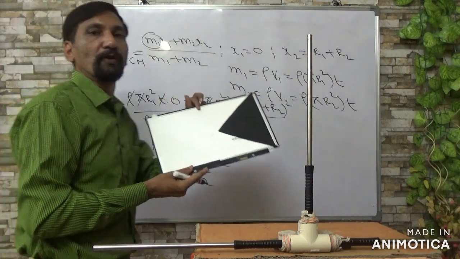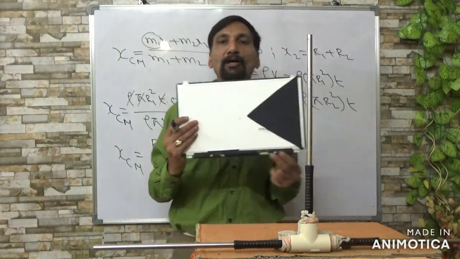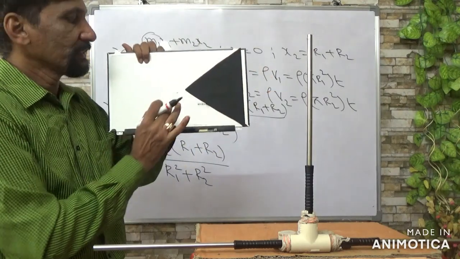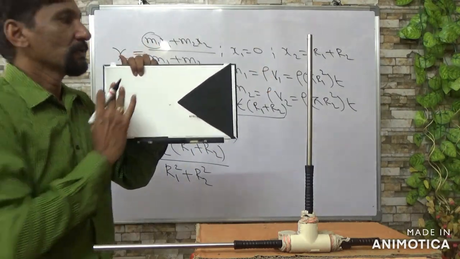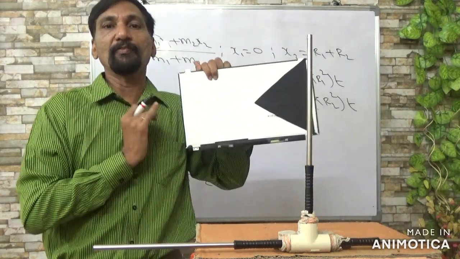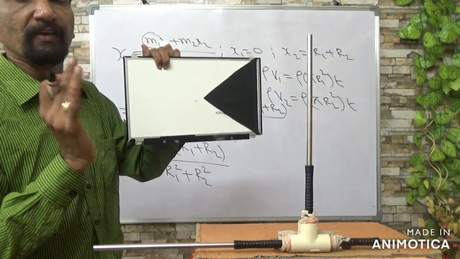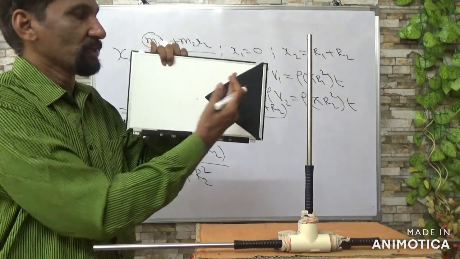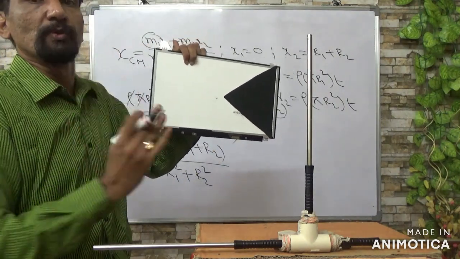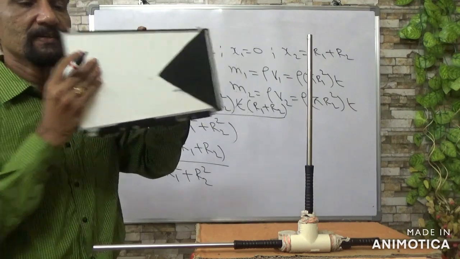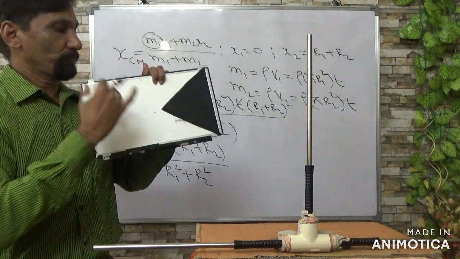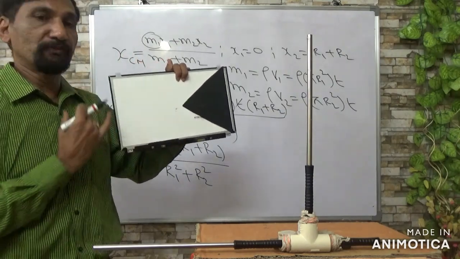Okay, now how to find the point of center of mass? Before you cut this triangular portion, it will be at the center, because mass is equally distributed. The geometric center is what gives the center of mass. But whenever a certain mass is removed, definitely the center of mass will shift. That is always towards the more massive body, right? So in this problem, how to find the shift of center of mass?